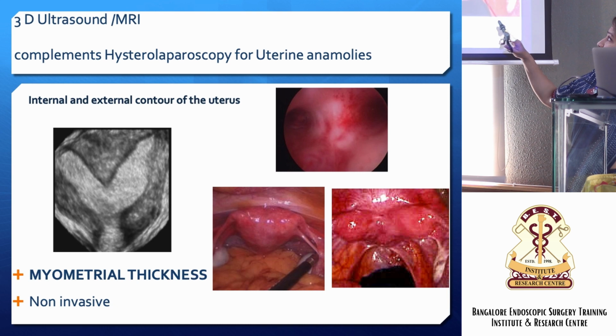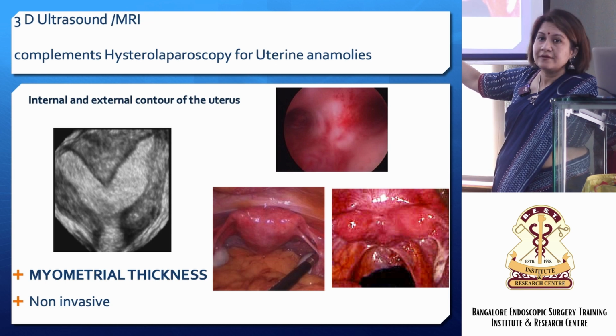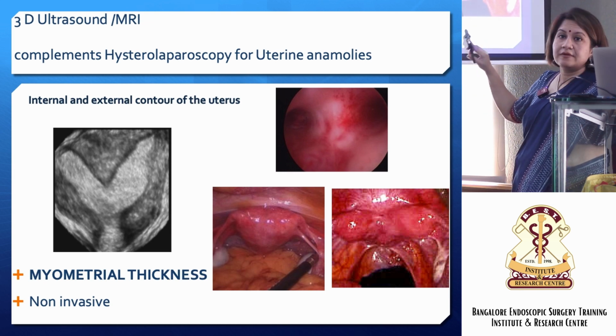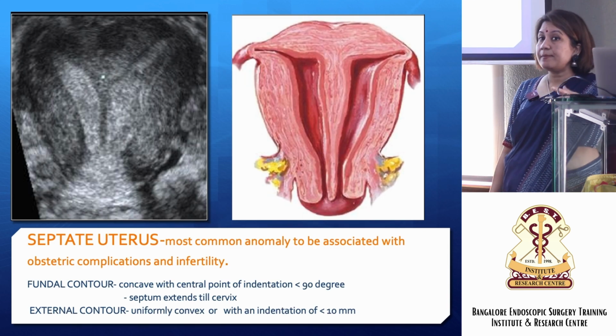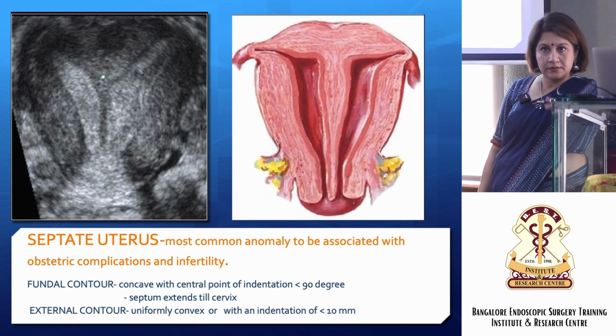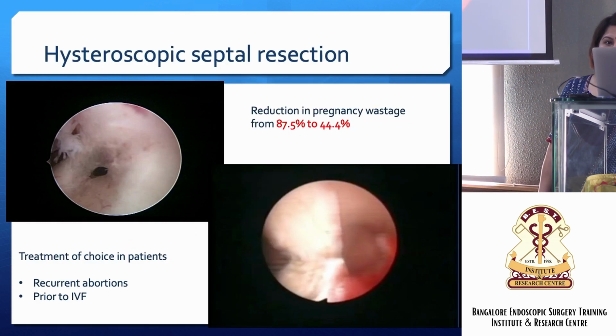So this is a very classical bicornuate uterus, and this is a very classical septate. What we are seeing here is a slight depression, but not classical like this one. After studying the literature, nowadays people are publishing partial bicornuate uterus with resection as the treatment. So what you need to do, again as I mentioned,